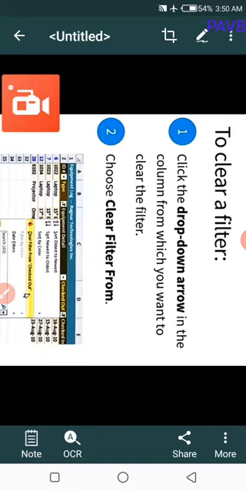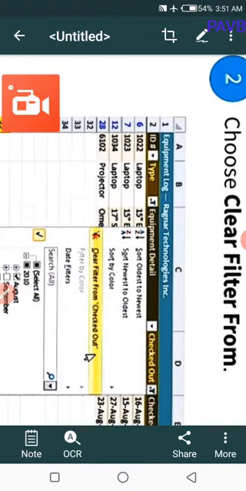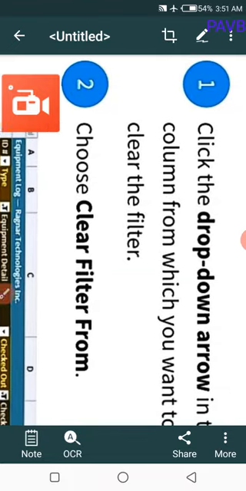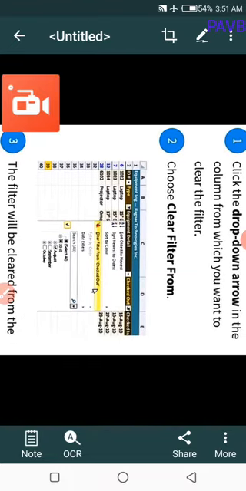How to clear a filter? The following steps are to be followed. Step 1. Click the drop-down arrow in the column from which you want to clear the filter. Step 2. Choose clear filter. Once again, how to clear a filter.